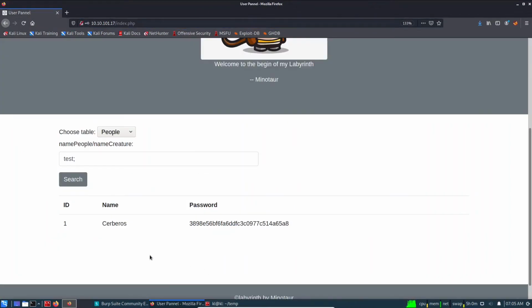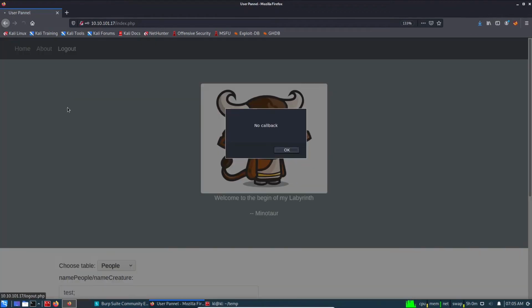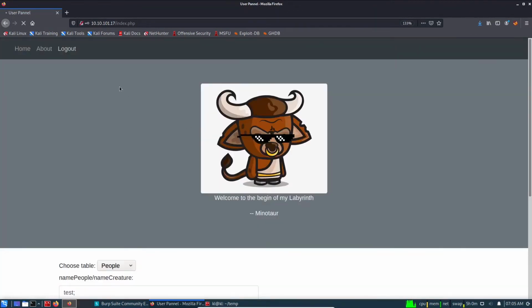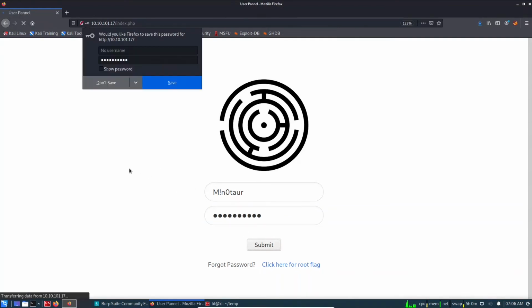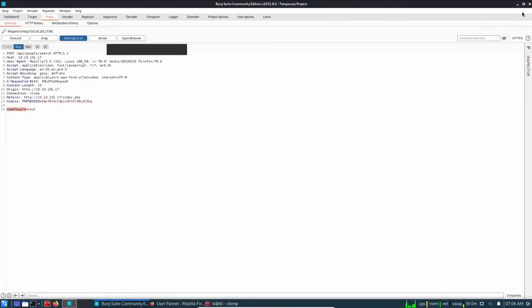And what I can do is log out and log in with the new account which we have found. So the user is this. So exclamation sign is there, and the number zero. Otherwise, this user was not there. I mean, when we check the comment, the spelling was different. So I'm closing the pop-up,